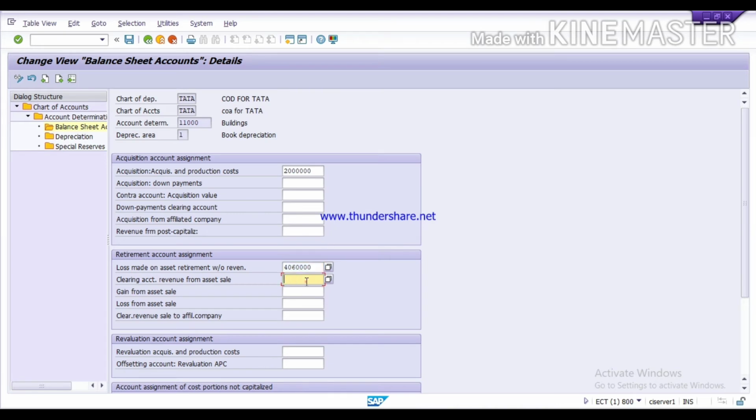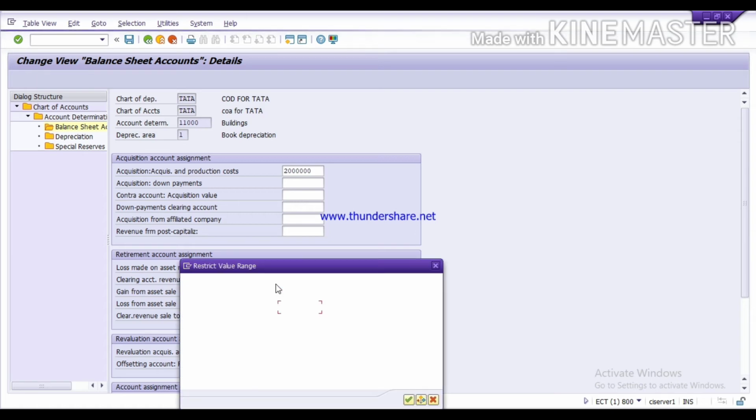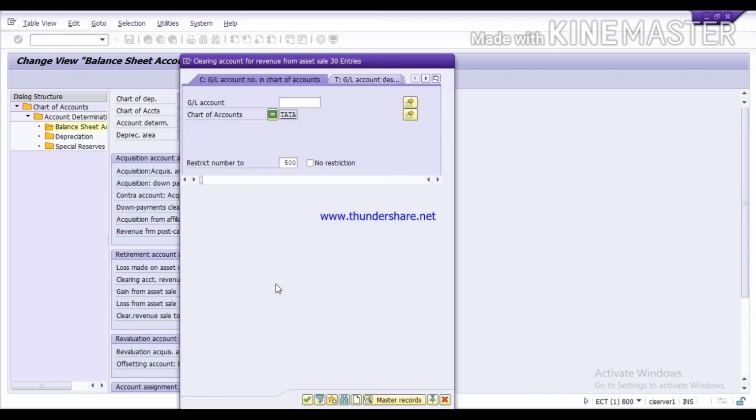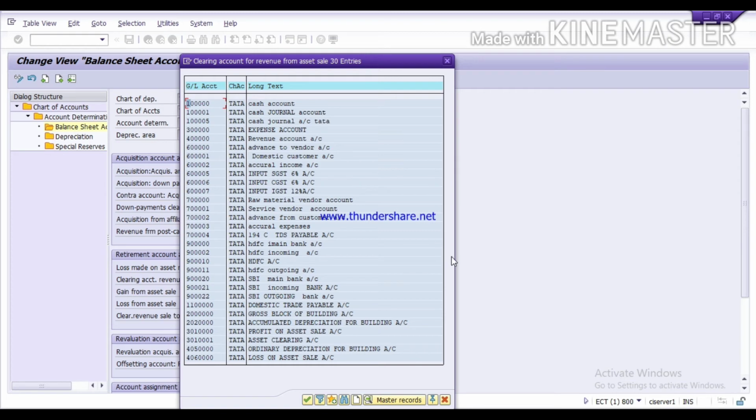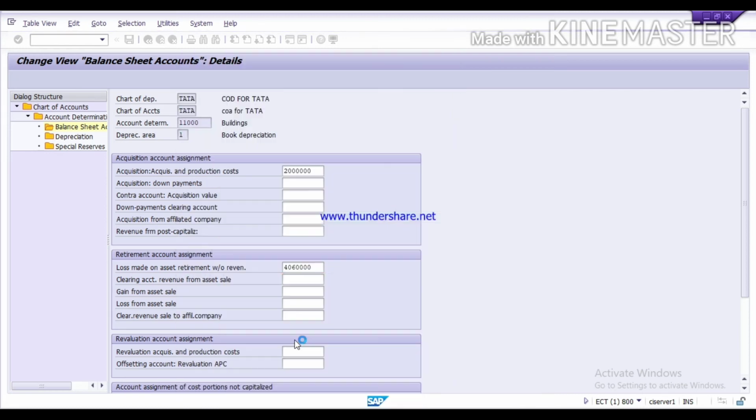Next is clearing account revenue from asset sale. Press the F4 key and here assign the GL, that is the clearing GL for asset which we have created earlier. Here, asset clearing account, double click on it.